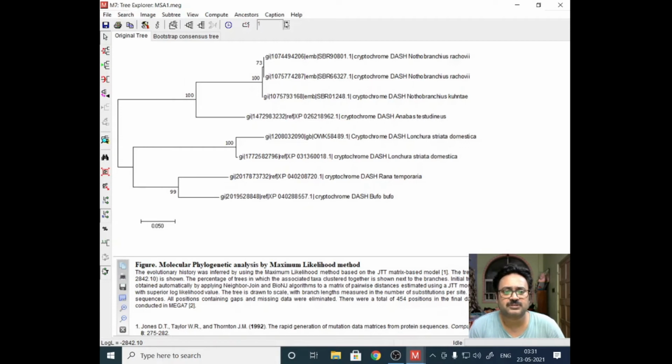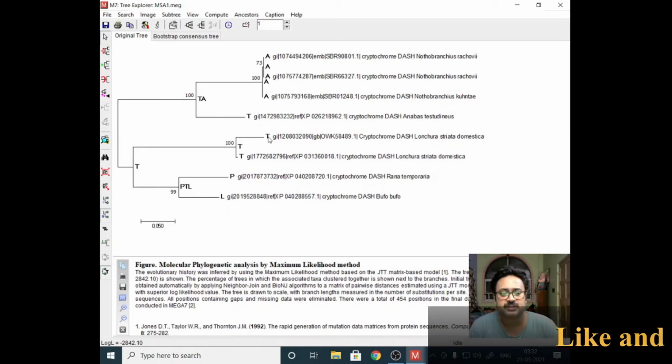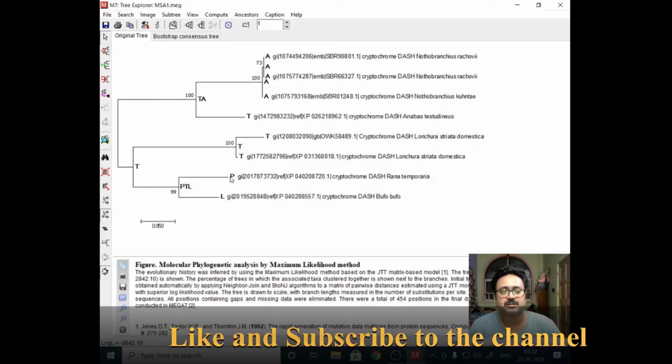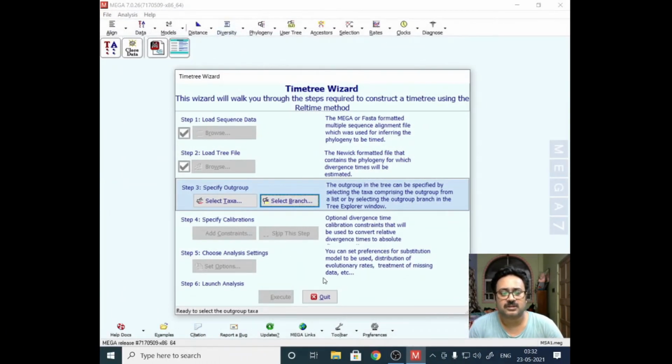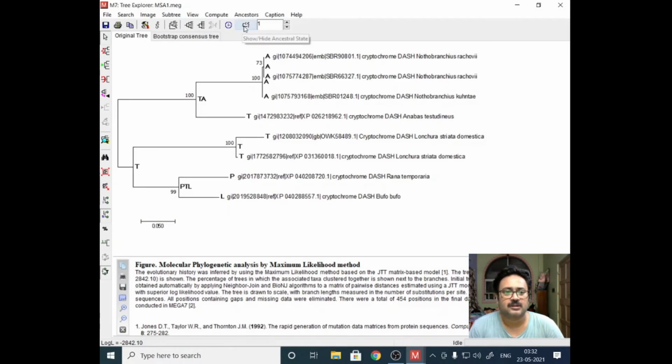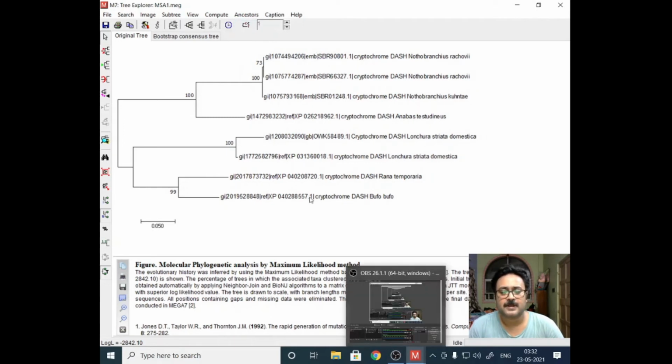Now there are a few things I would like to show you, the different things that you can do with these annotations that are present here. So you can show or hide the ancestral data, that is, you can show all. This is the ancestral data. So this TA is the ancestor of this T and all these A's. This is the T which is the ancestor of these T's. This is the PTL which is the ancestor of this TL. So like this, this particular thing is being done. Okay, so we don't want that. Alright, so this is one. Now we are not showing it, so I am showing this as none.